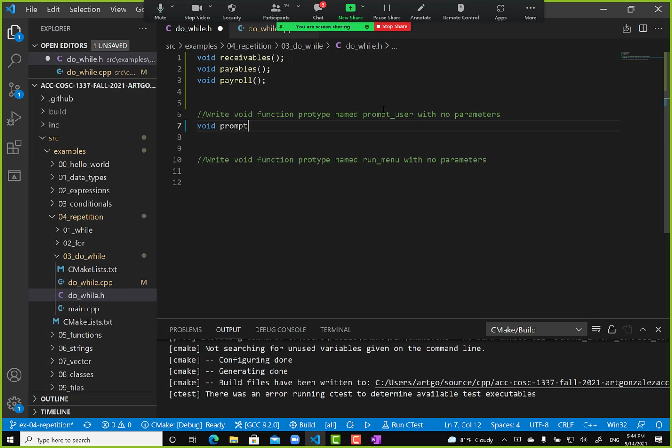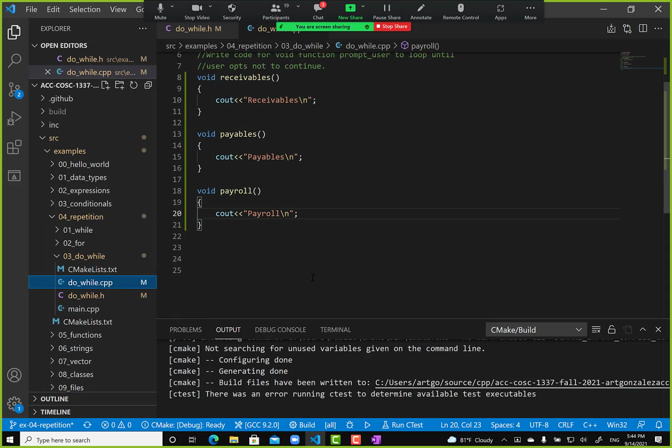Void prompt user with no parameters. I've usually kept the example very simple without this piece, so I may have to rethink this in a little bit, but for now, we'll stick with that. I usually just show the prompt user and then show that the loop just continues asking the user for input. Okay, so do,